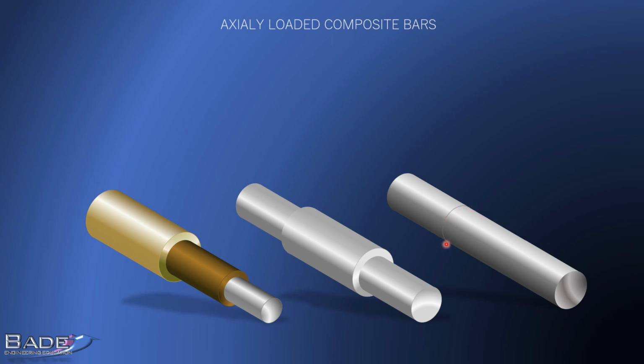Watch here. Here I have shown a marking on the bar. Here also there is a marking on the bar. If these three portions of this bar are carrying different loads, then we analyze that problem using the logic of axially loaded bars in series, and you will understand it better when we solve problems.